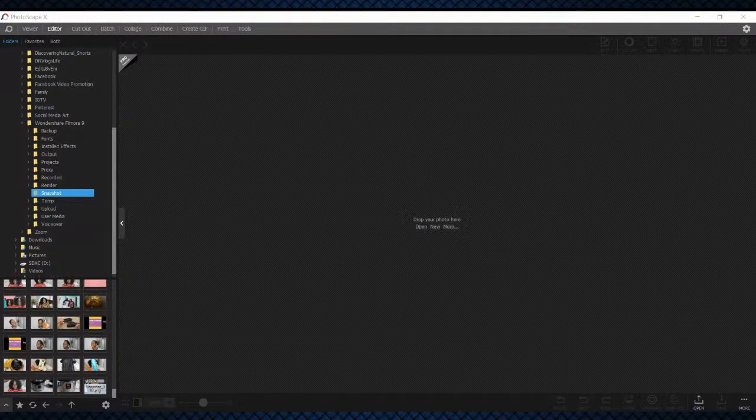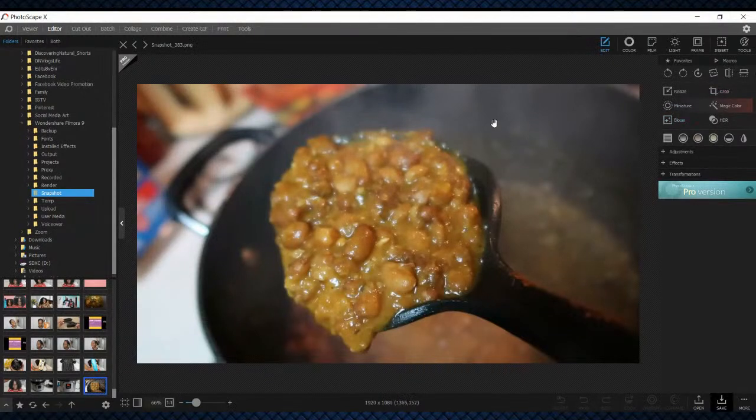So when you come into PhotoScape X, you have different views. I'm not going to go into all the tabs. So we're going to keep this live video tutorial short and to the point. So I want to do a thumbnail that has overlay, and since I want to do an overlay, I need to clean up a particular video picture. So I extracted this picture from one of my most recent vlogs on DN Vlogs Live,